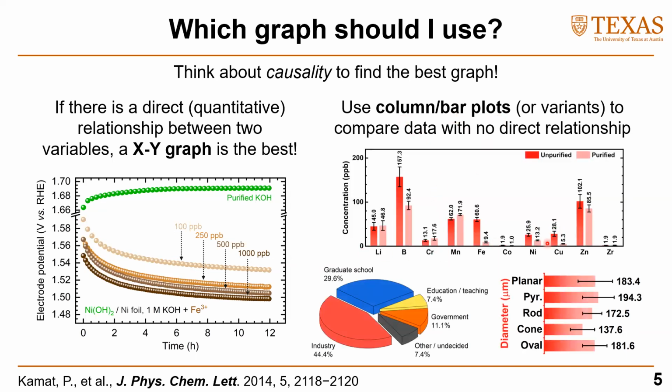So for instance, in this plot, here we're just showing the concentration in ppbs of different metals, right? So these metals are not related to each other, right? We're just showing the concentration of purified and impurified solutions. That's it. So in these cases, it's better to use just bar plots or other variants, like